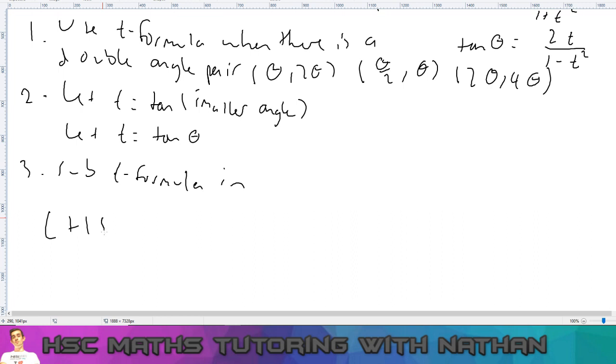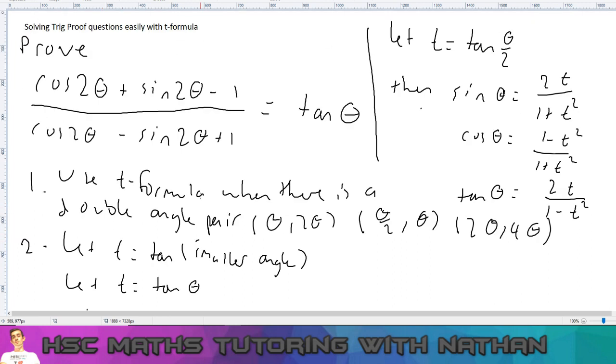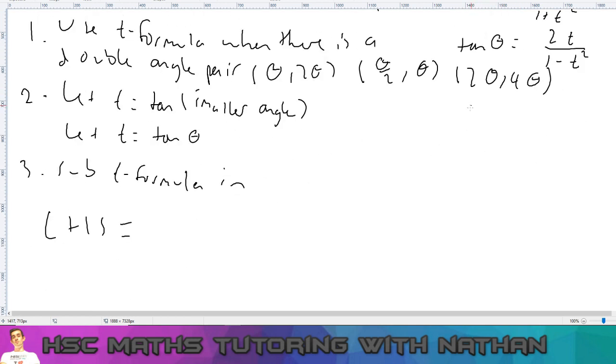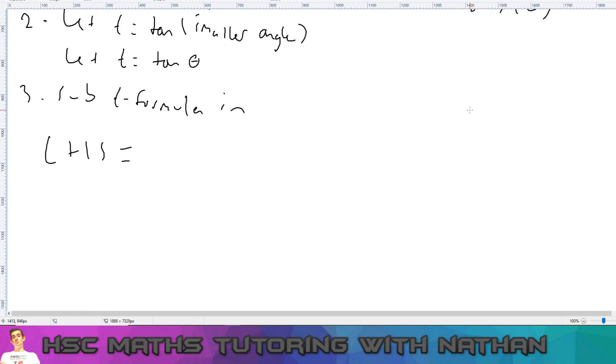Obviously we're going to start with the left hand side, because there's no way we're going to turn tan theta into that. And just a note, with the t formula, this theta and theta doesn't matter. As long as it's a double angle pair, these formulas apply. If t equals tan of that, sine, cos and tan equal that. So it's just a double angle. These three formulas are always the same. It's just the angle here will change depending on what your starting t is, which means our left hand side is now